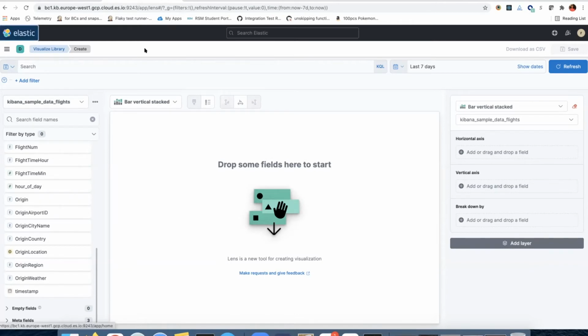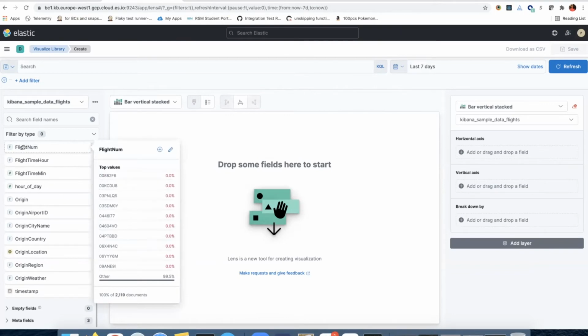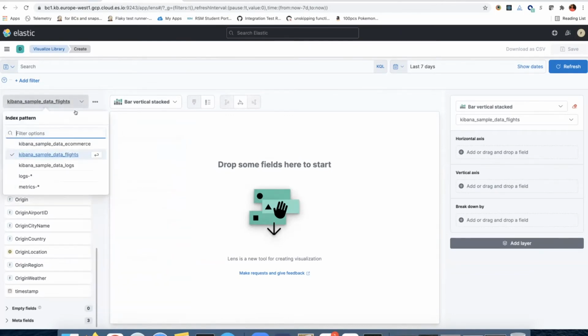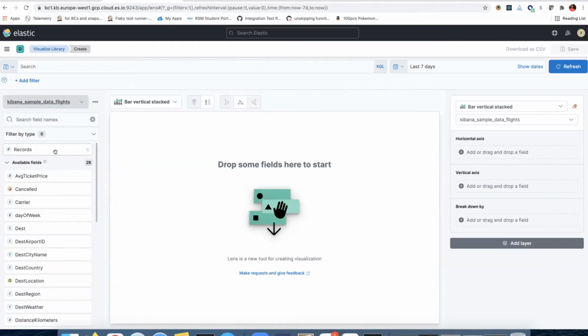So this is what I want to show you. If you select the flight number, this is the Kibana sample data flights. So these are the logs, I mean the sample data, which is available, and these are the available fields here. So now if I do a